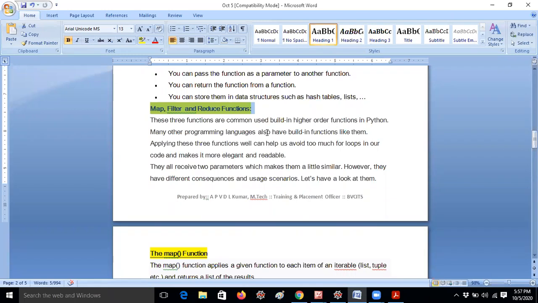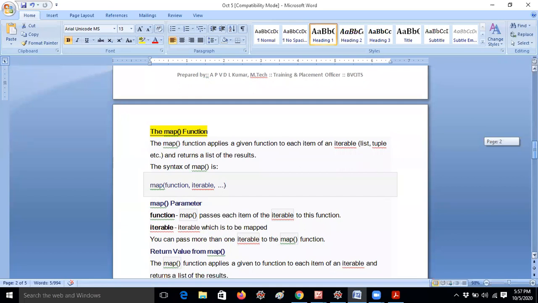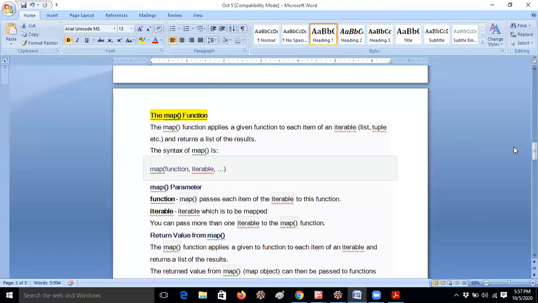Let me explain what is a map. Earlier we discussed the map function in input, that is different, because it depends upon the instances we are using. Earlier we used a map function in input for reading multiple values at the same time, separated by space or comma, whatever it may be. We already studied that concept in reading input values from the keyboard. For example, if one operator acts like different operators in Python, that means it depends upon the instance. So the map function depends upon the program, and we can use it in this way.